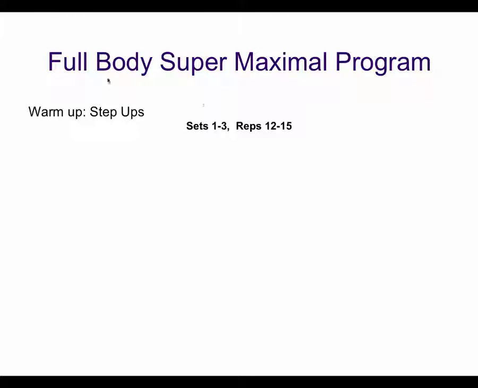We may decide to take this full body workout to the next level and look at super maximal training. We're going to increase our reps a little bit here. So we're going to take them into 12 to 15. We start the person off with a leg press and a dumbbell squat, and we're going to get them to superset that. So they do leg press,